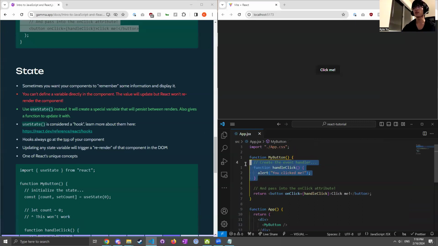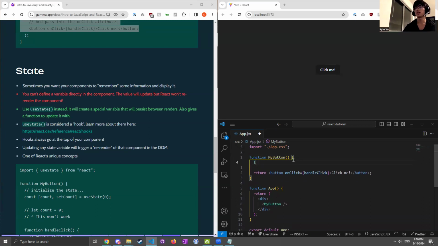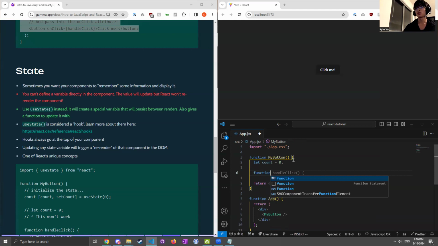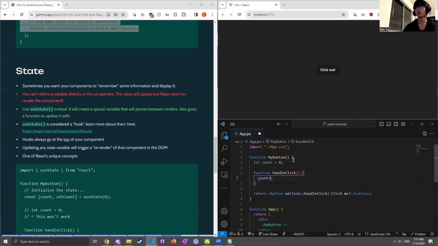So the way you might think, because it's a function, well, if I wanted state, I could just define a variable like count within the component itself. And that should count as state, right? The variable is there. And so if I increment it and display that value,